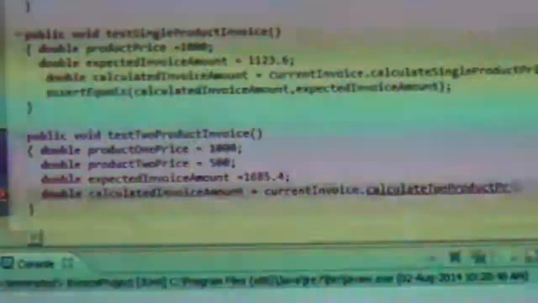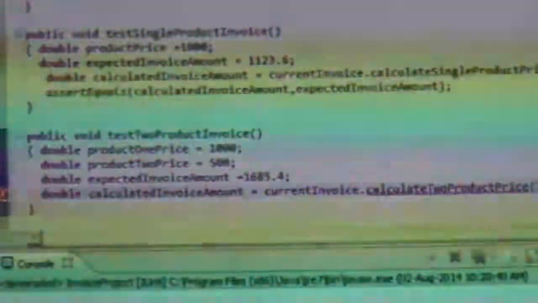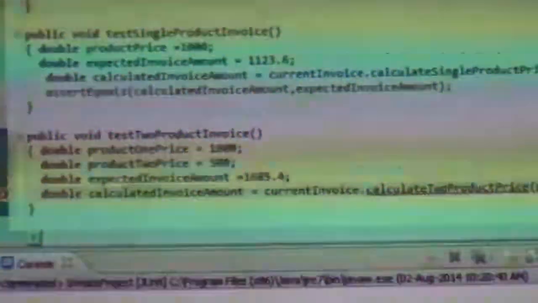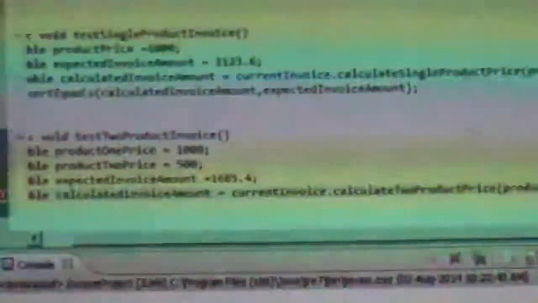Anyway, to product price, and then I should send product 1 price, and I should send product 2 price. Make sense?